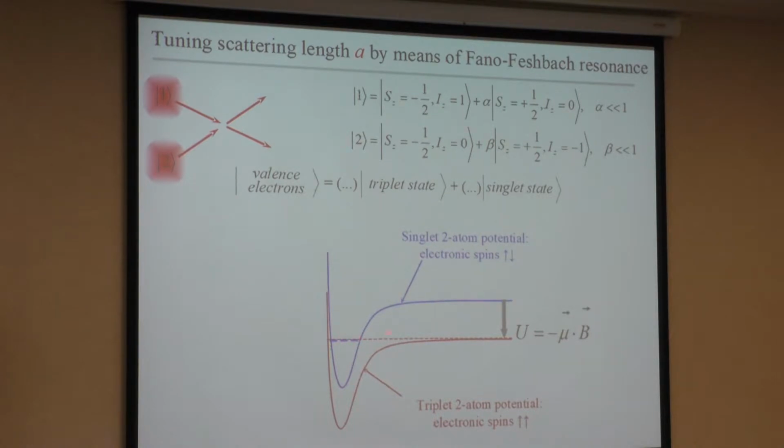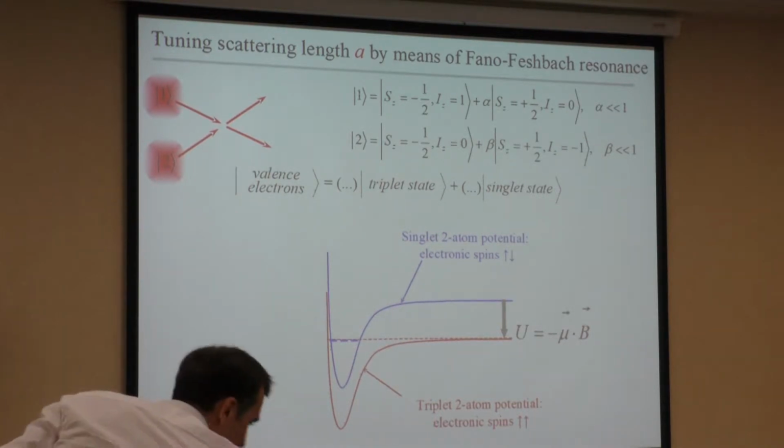In the singlet channel, it is even energetically inaccessible. At high magnetic field, it is much higher in energy. But the two atoms get into the singlet state because it is in resonance with the unbound state. And this situation is very, very similar to the situation where just a simple potential has a bound state